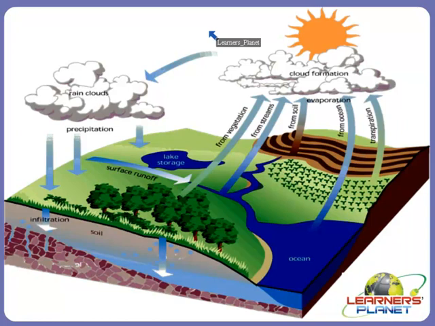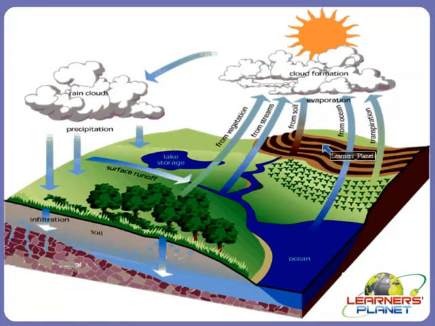Now let us see how many types of processes there are, and which processes play a very important role. Since we are talking about a cycle, there really is no beginning we can start from, right? Because this is a cycle which goes on and on. So we cannot say that it starts from precipitation or it starts from transpiration. It's not like that. But let us start from evaporation.